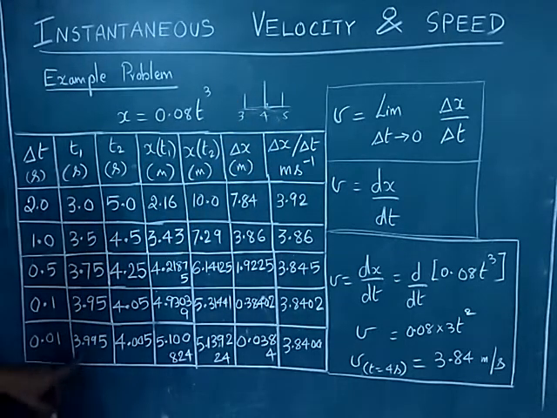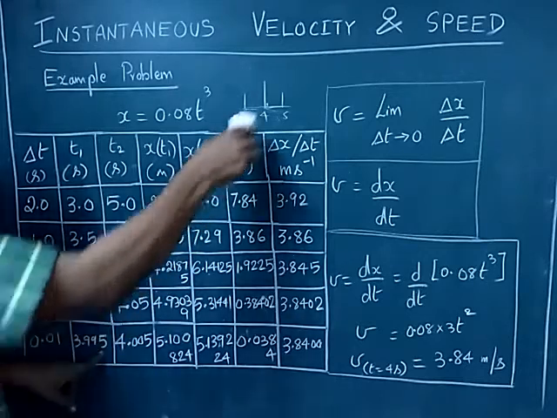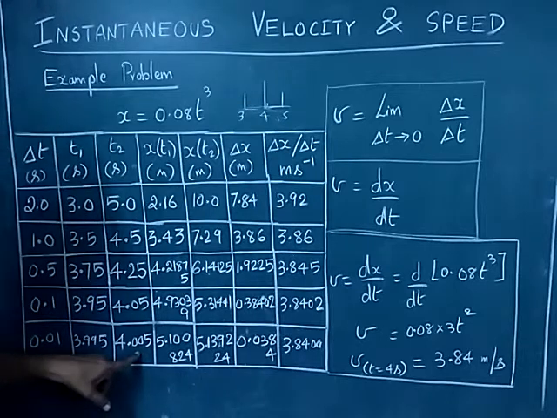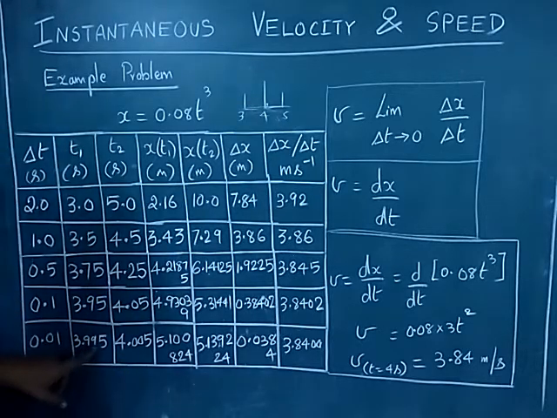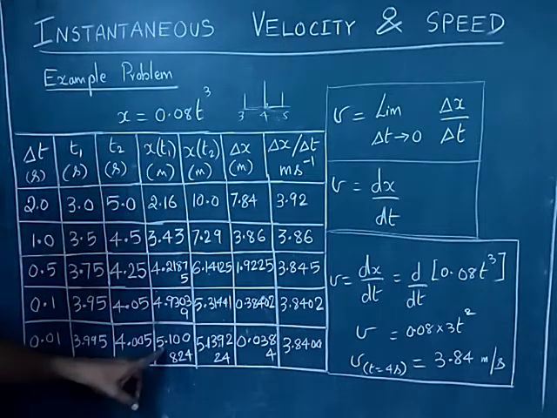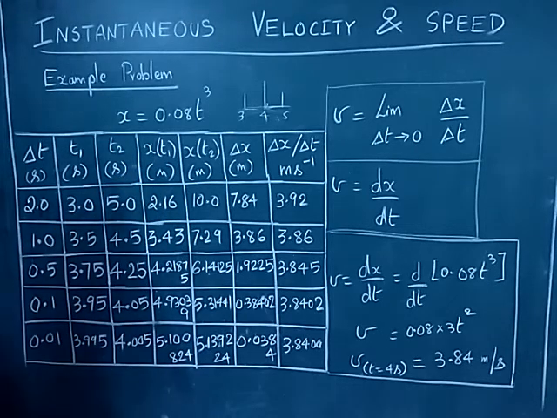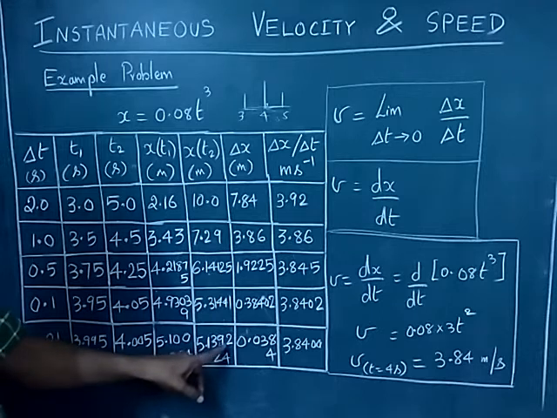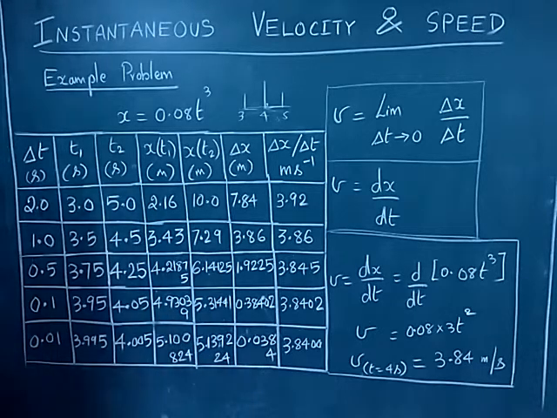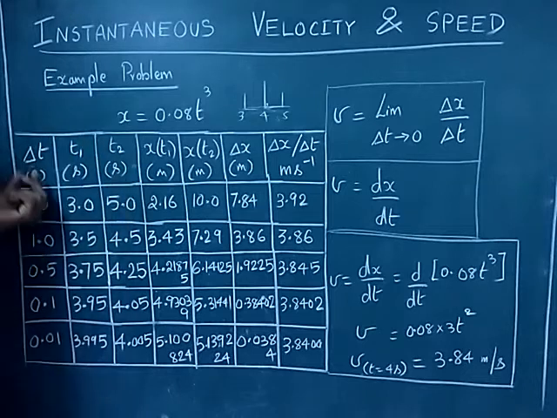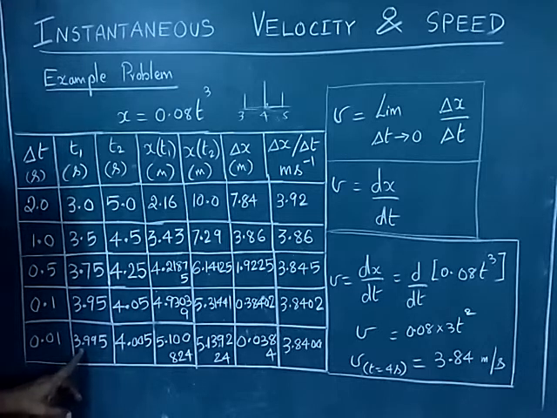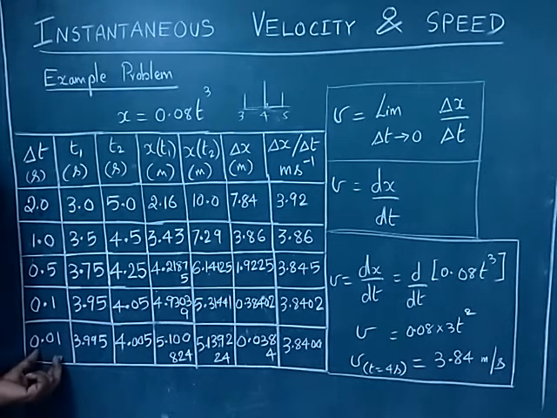Now you see the last data, 3.995 is very close to 4. Similarly 4.005 is also very close to 4. So the corresponding value for 3.995, the distance covered is 5.100824. At the time 4.005, the corresponding distance covered is 5.139224. Okay, now we want del t. Del t is what? T2 minus T1, that is 4.005 minus 3.995, which gives you 0.01.